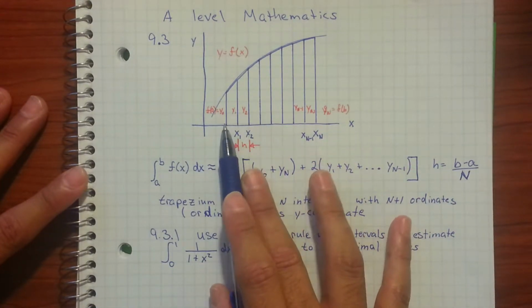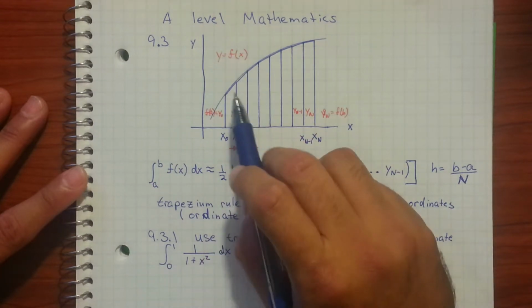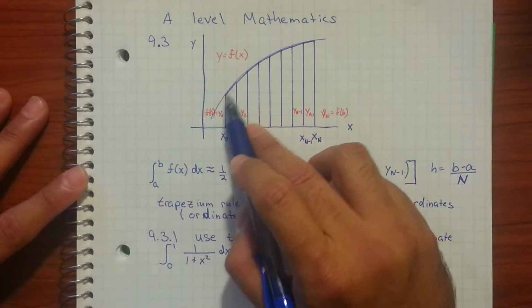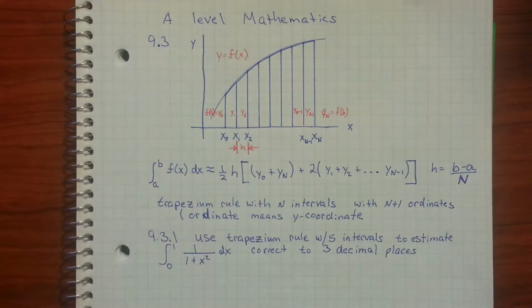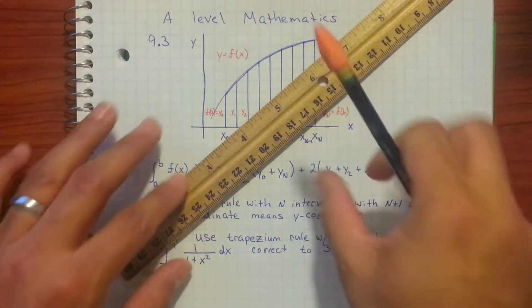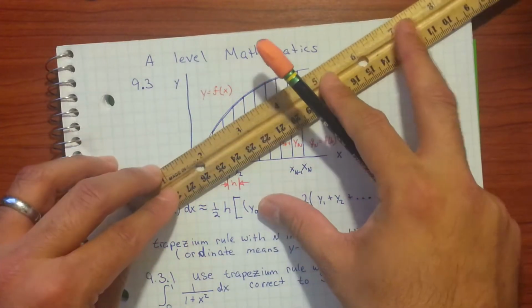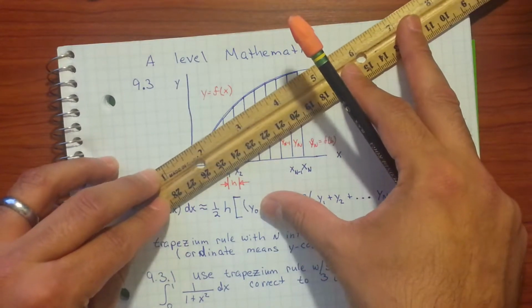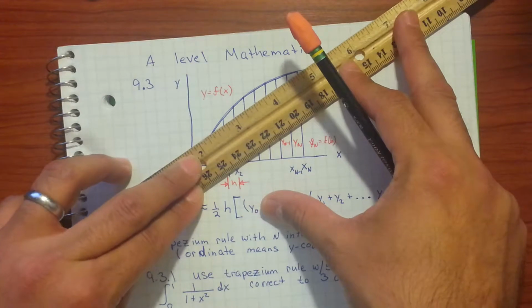So if I break it up from here to here, that, if you notice, is closer to the actual line than what I would have if I were to go directly from, let's see if I could show this one here. So if I go from here to here,